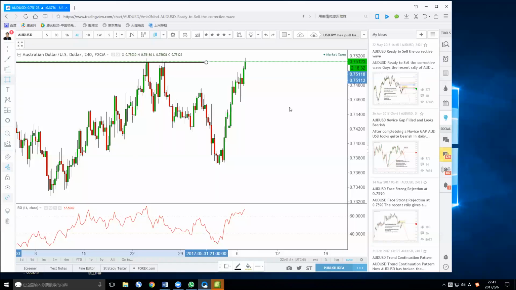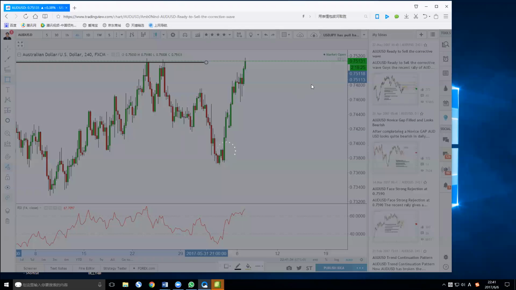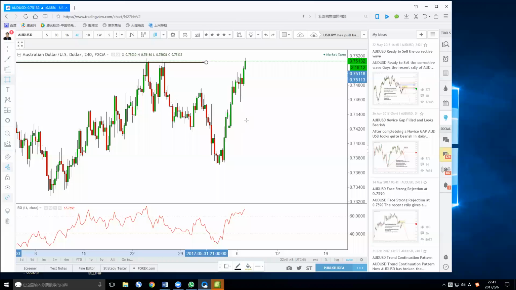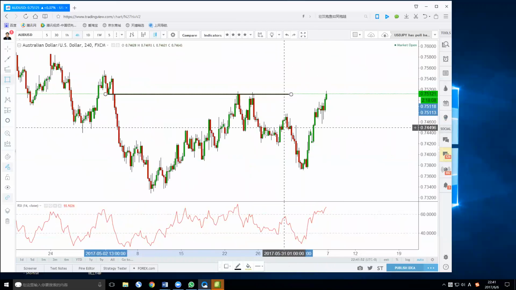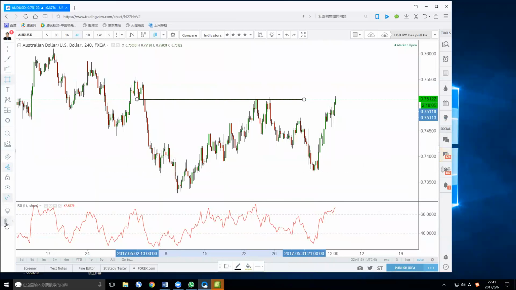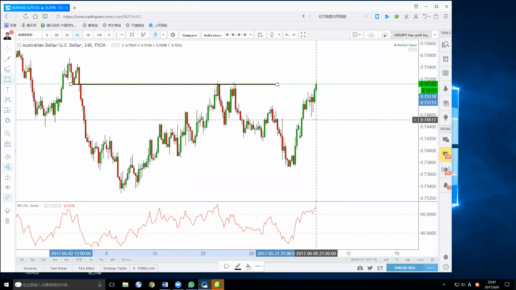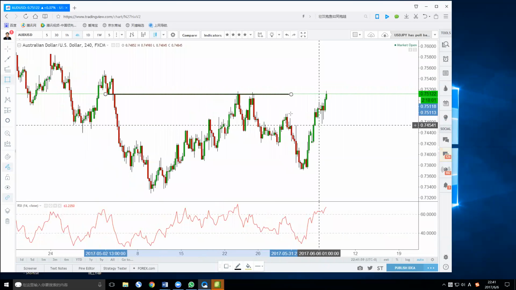And right now the Aussie comes back to 0.75 again. And here, since this is the third time test, I will not recommend you guys to short it again because the selling pressure may become weak now, because it has been tested too many times and those selling orders are gone. Yeah, I know, Jamie, you showed all the previous ones from here to here, right? Yeah, it's good.